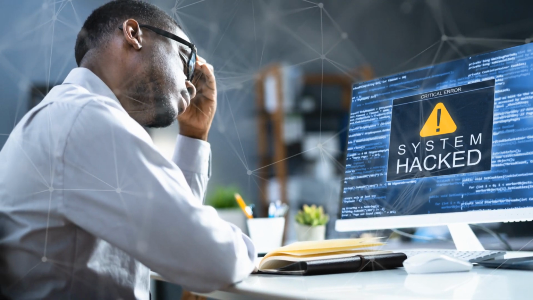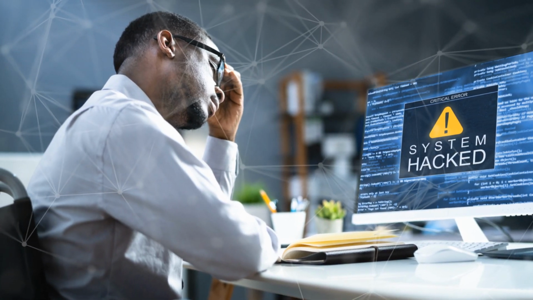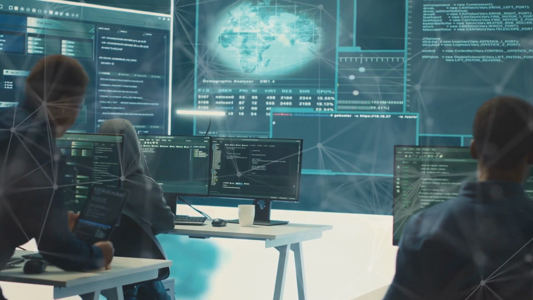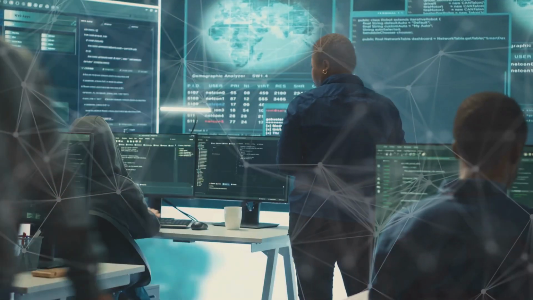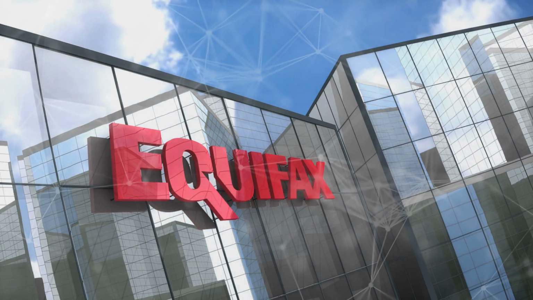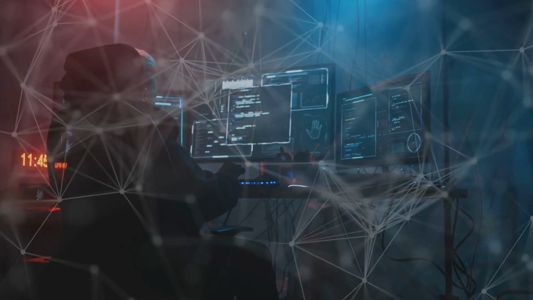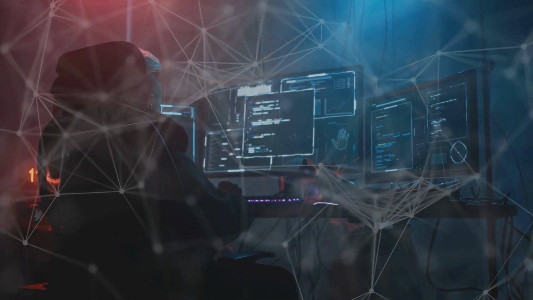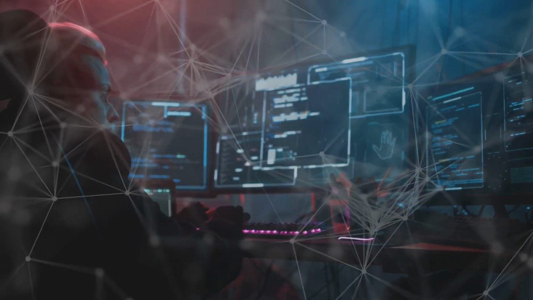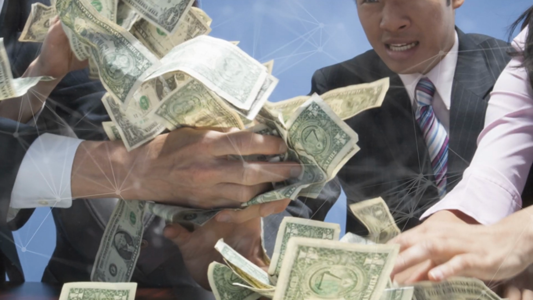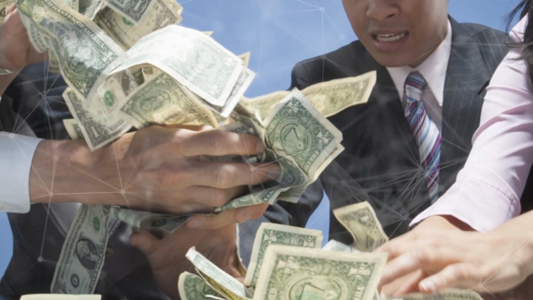The real-world impact of 0-day attacks is often measured in the millions, even billions of dollars. These attacks can cripple businesses, compromise national security, and erode public trust in our digital infrastructure. One of the most infamous examples of a 0-day attack is the Equifax data breach of 2017. Attackers exploited a vulnerability in the company's website to gain access to the personal information of over 147 million people. The breach cost Equifax billions of dollars in legal settlements, regulatory fines, and lost business.